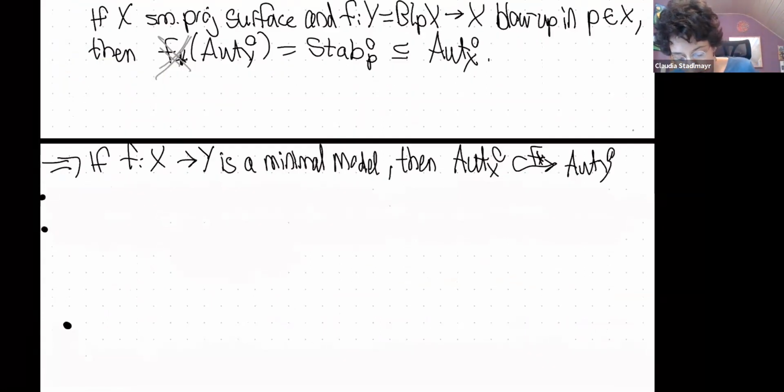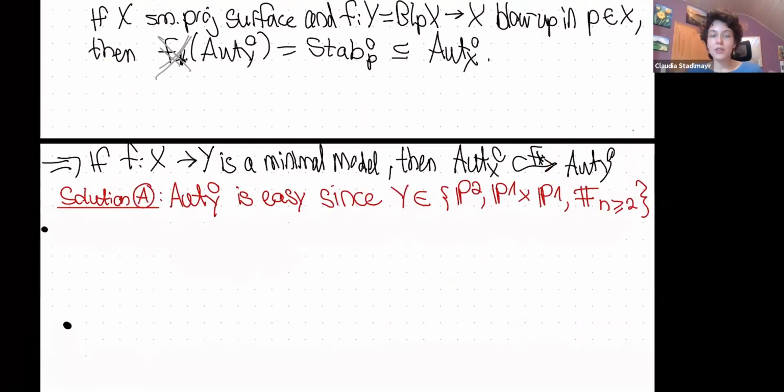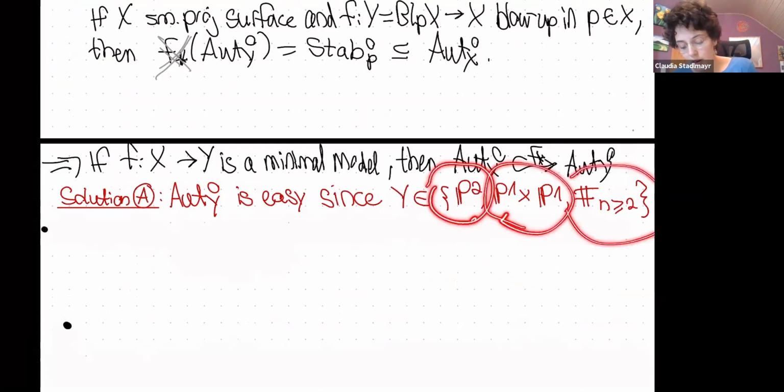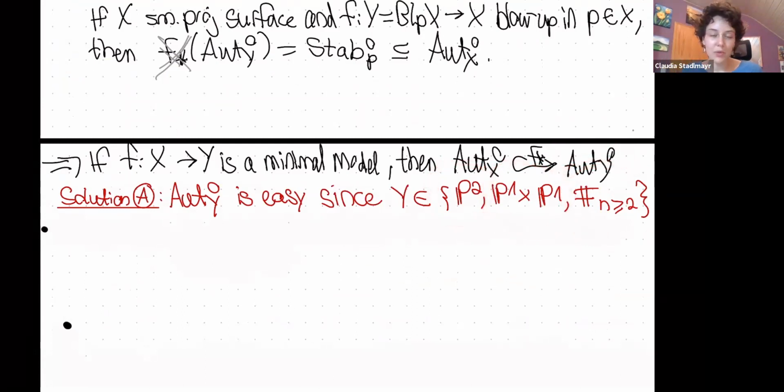So for question 2, we have this containing subgroup scheme Aut Y0, and this is very easy because we know what the minimal models of a smooth projective rational surface are, namely they are P2, P1 times P1, or one of the Hirzebruch surfaces Fn with n greater or equal to 2. And what happens to problem 2 for problem B for question 2, namely that it was difficult to determine the